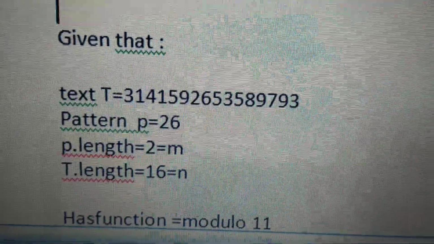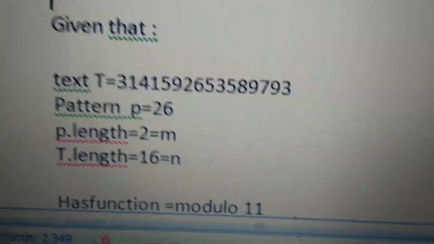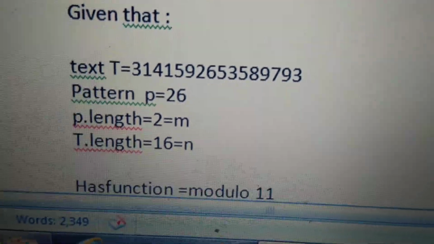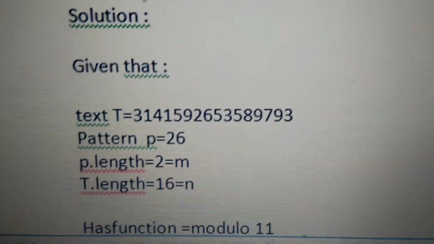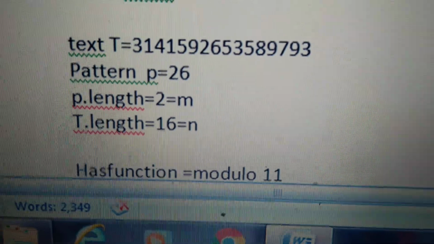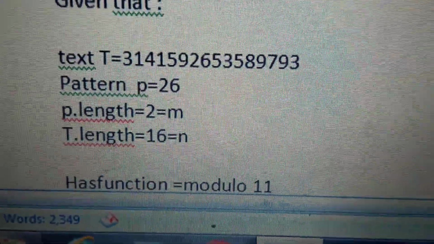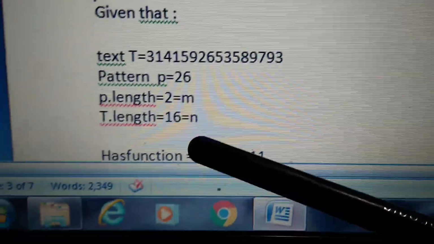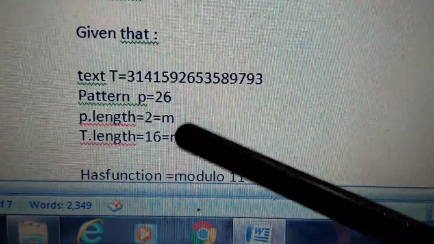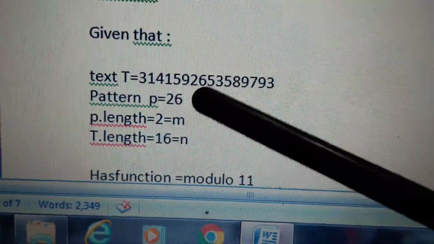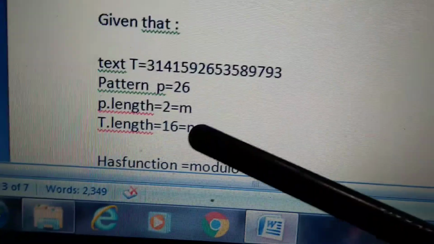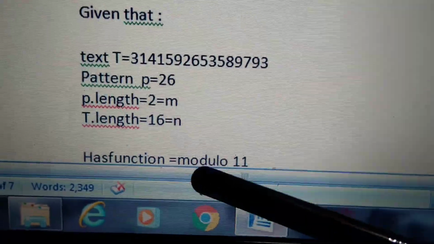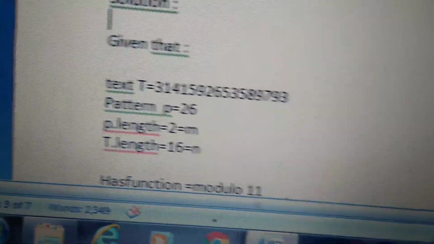In this problem, the text and pattern are given, so we have to find the length of the pattern as well as the text length. The pattern length M is 2 characters, and the length of the text is 16 characters. After finding the lengths, we have to find how many shifts are required.